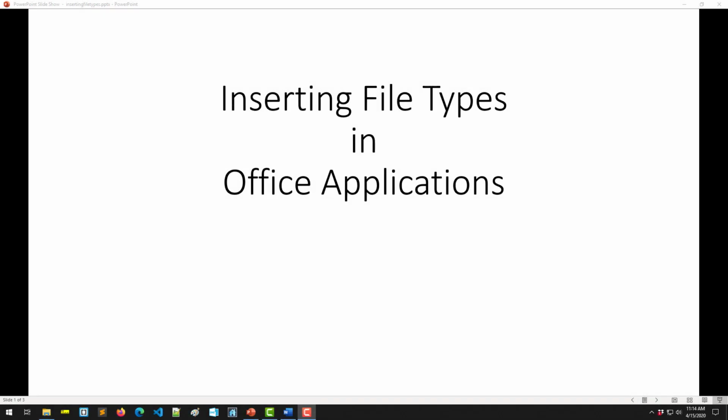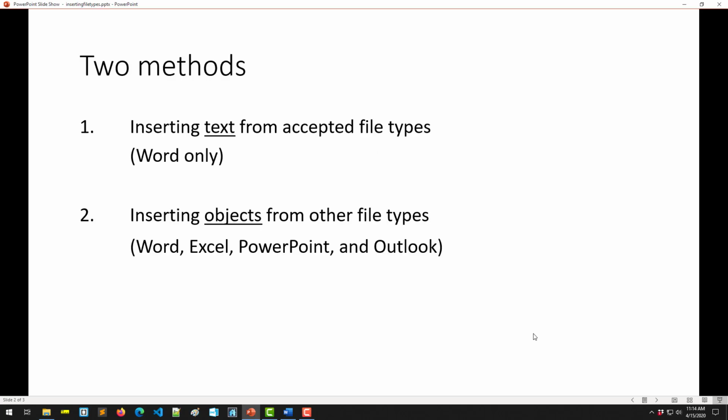Okay, we've been looking at different file types that can be created and imported into the Office applications. And today you're going to see why understanding these file types is going to be important as you use them in the Office applications. There are two methods that are used to insert text from files or text as objects